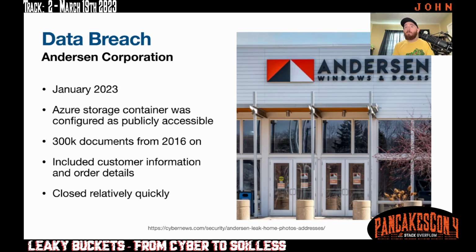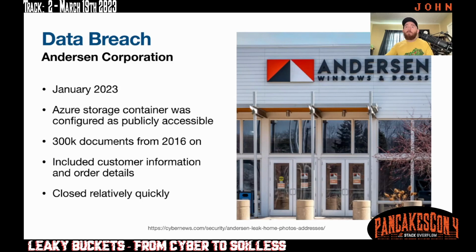This first one is pretty recent. It happened in January, or at least it was identified in January. There was an Azure storage container that was publicly accessible, misconfigured. It had a good 300,000 documents dated from 2016 and more recently.